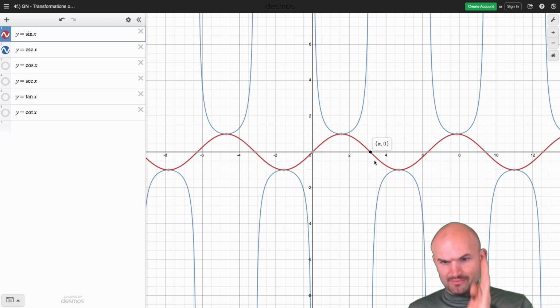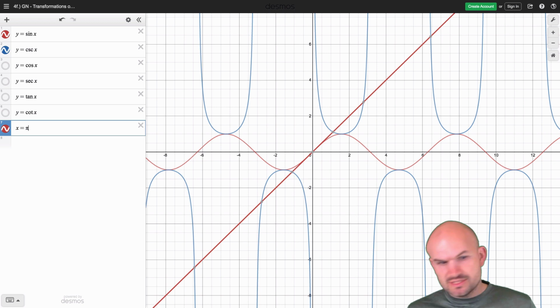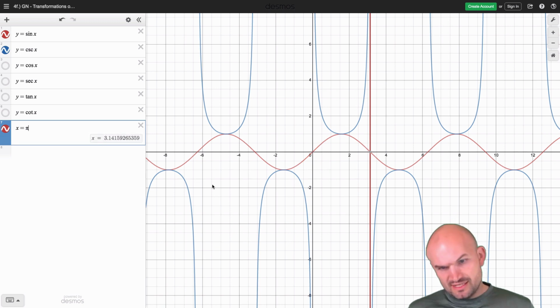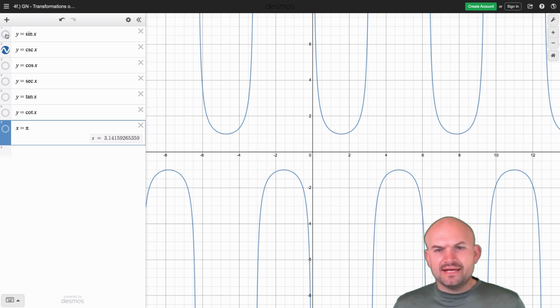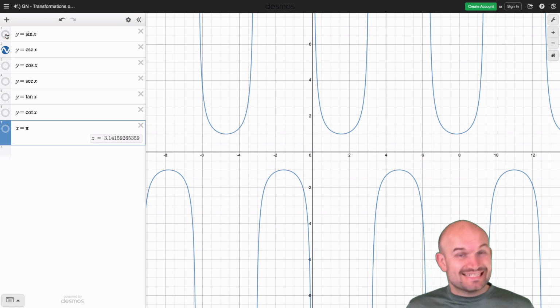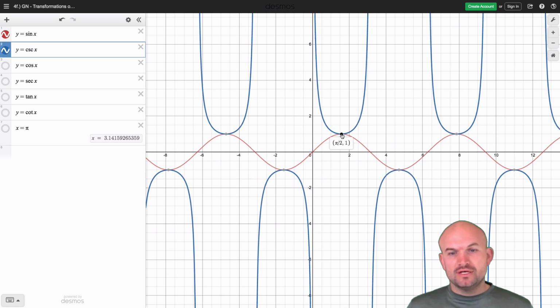And you can see that would make sense here. And again, you can even have a little fun if you wanted to, x equals pi right there. And you can see that looks like it'd be an equation for an asymptote. But again, the important thing is, remember, sine is not a part of the graph. We just use sine to represent that they both share the points, pi halves 1, and all these